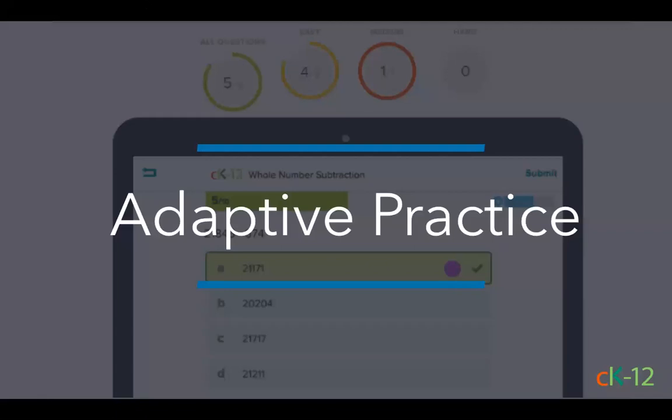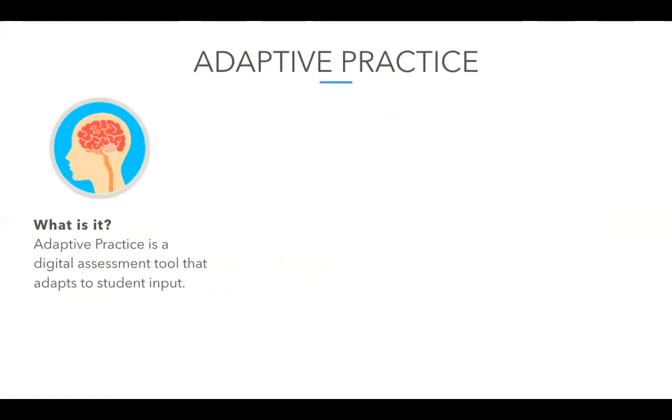So with that, let's move into adaptive practice. What is adaptive practice? CK12's adaptive practice system is a digital tool designed to meet students at their current level of understanding and help them master the next step for any concept. Because of that, our system will bump students up to available harder questions if they are successfully answering, or it will make recommendations, such as text to read, a video to watch, or an interactive to work with, if students find the current level too challenging.